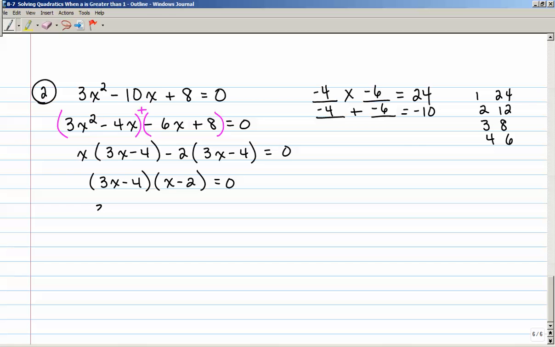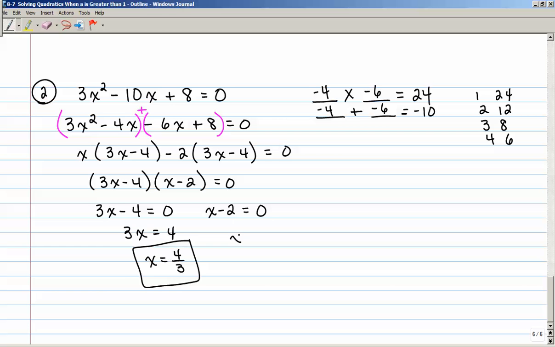Using the zero product property and setting each one to 0, I'll have 3x minus 4 equals 0, x minus 2 equals 0, or 3x equals 4, or x equals 4/3. And adding 2 to both sides, x equals 2. So in this lesson, we learned how to factor a trinomial of the form ax squared plus bx plus c, where a is greater than 1, and then to use the zero product property to solve equations that are of that